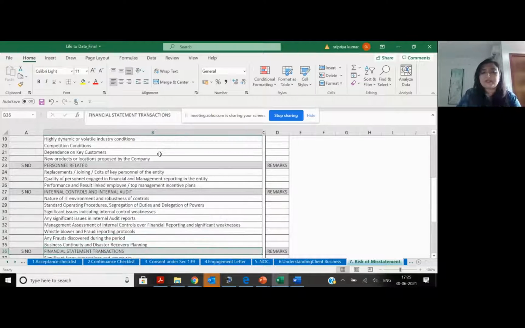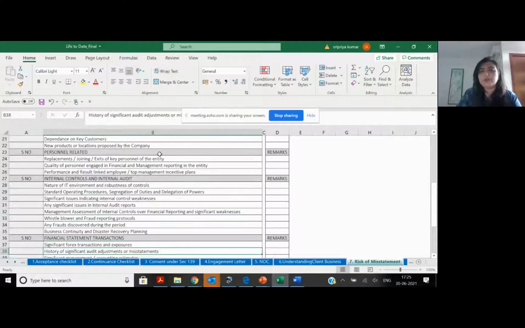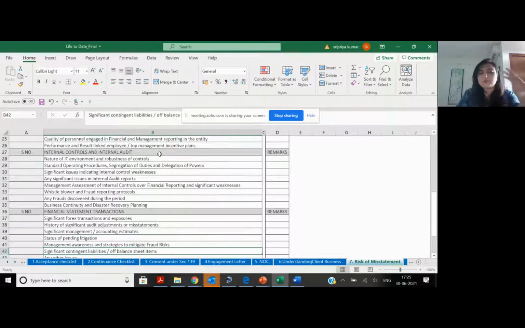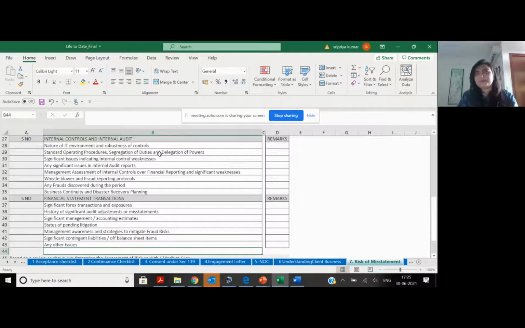Internal controls, internal audit, fraud, whistleblower. One of the advantages is when you fill up things like this, automatically it will settle in your mind: where do I think I'll have a CARO problem? Where do I think I will have an ICOFR reporting problem? Where could I have a base number problem in my financial statements? All of this is possible.